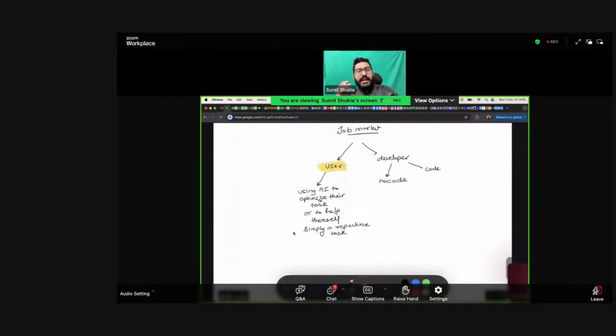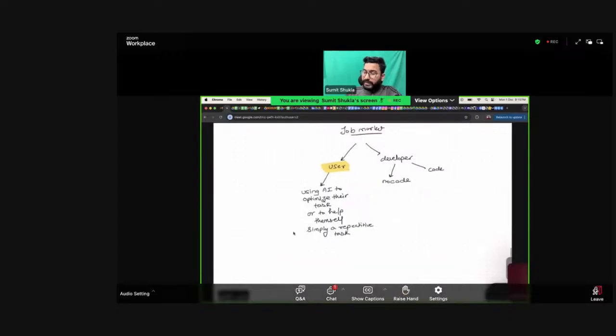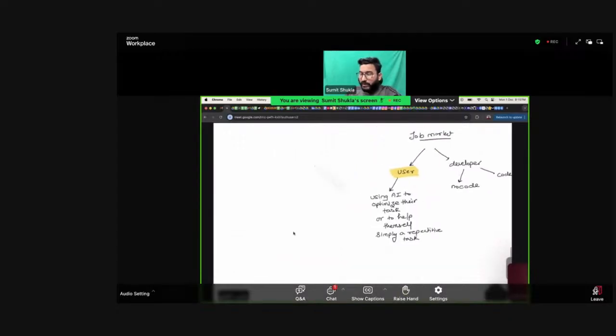Being a user of AI is not a skill. You are not gaining any kind of skill by being a user of AI. It is the necessity of the hour. So I hope you will acknowledge that if I go back to 2015, or even before that, 2010,